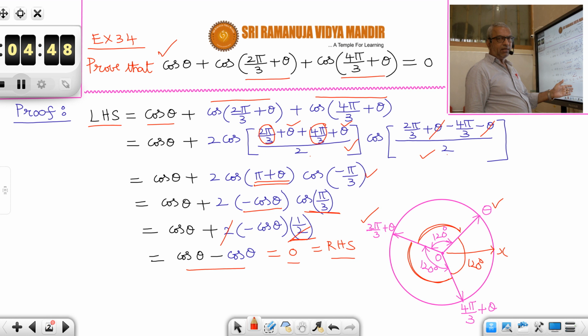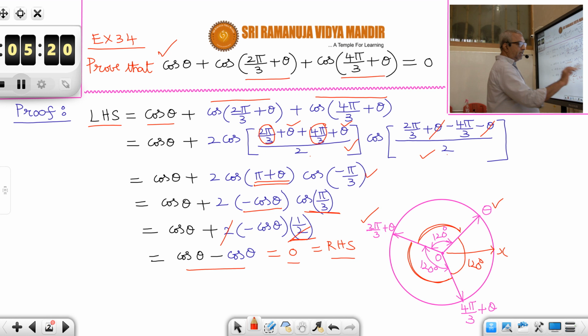So the first angle can be any angle, cos theta. Second angle, cos(theta plus 72 degrees). Next angle, add another 72, that means cos(theta plus 144). Like this, if you write 5 terms, the sum of the cosines will be 0. Similarly, the sum of the sines also will be 0. So 5 parts, 7 parts, any number of parts you can divide the circle, then the sum of the cosines will be 0, and the sum of the sines also will be 0. Okay, let us see the next question.